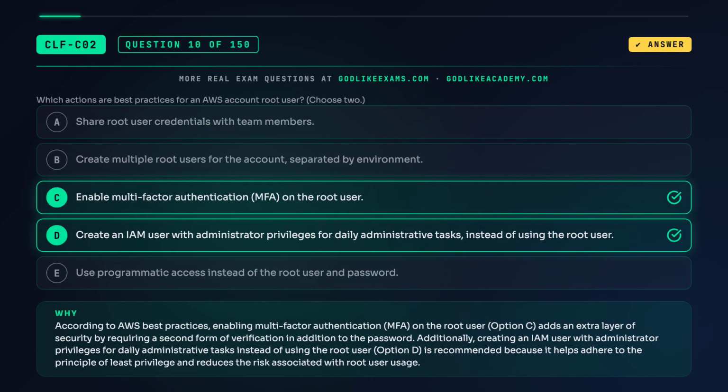The correct answers are C and D according to AWS best practices, enabling multi-factor authentication, MFA, on the root user. Option C adds an extra layer of security by requiring a second form of verification in addition to the password. Additionally, creating an IAM user with administrator privileges for daily administrative tasks instead of using the root user, option D, is recommended because it helps adhere to the principle of least privilege and reduces the risk associated with root user